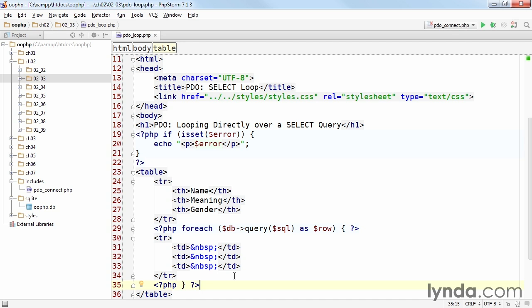So we've now got the foreach loop, and each time this runs, it'll generate an associative array containing the value of each column in the current row, so we can display them in the table cells using the column names as the array keys. So let's just remove this non-breaking space. We'll have a PHP block,